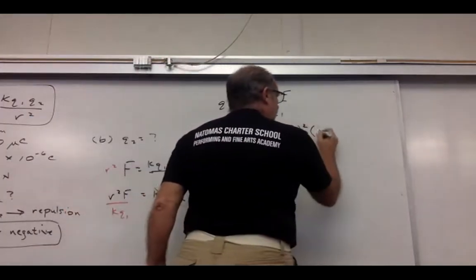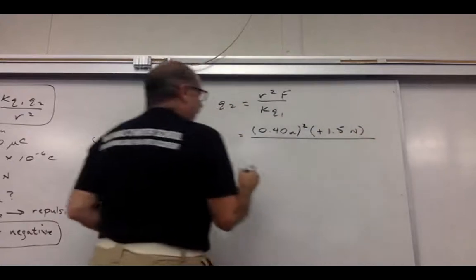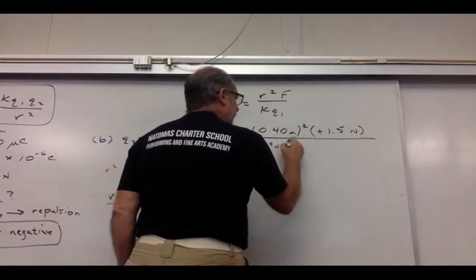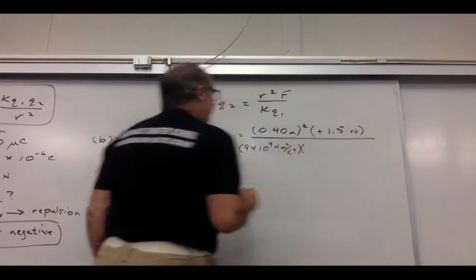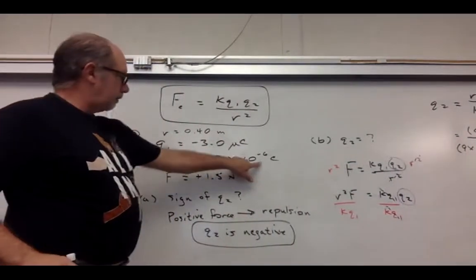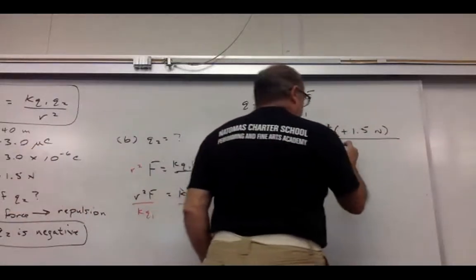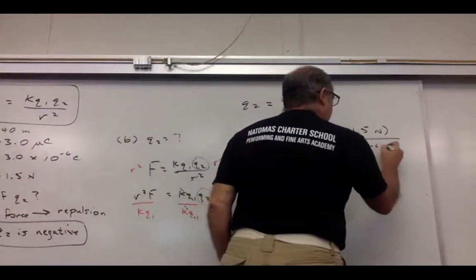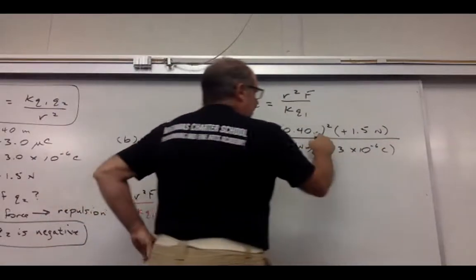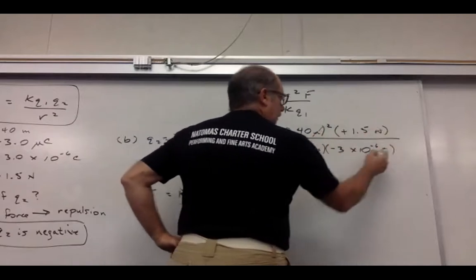The force was positive 1.5 newtons over k, 9 times 10 to the 9 newton meters squared per coulomb squared. And then Q1 was -3 times 10 to the -6 coulombs. All right, units wise, meters squared cancels out that meter squared, newtons cancels out the newton, coulomb cancels out one